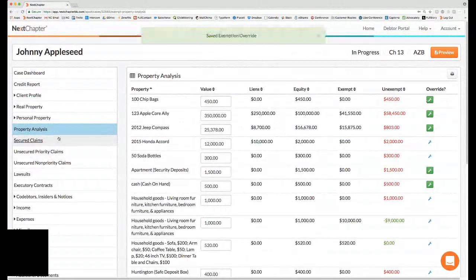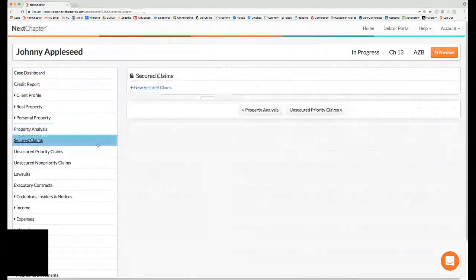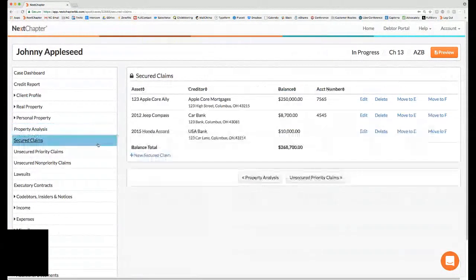Moving back to the claims section, one thing that is commonly used is adding, if you need to list a lawsuit that's connected to a claim. So instead of doing that later on and adding in the creditor and all the asset information again, you can actually edit the claim if this creditor was a part of an action that needs to be listed in the Statement of Financial Affairs. So for example, Apple Core Mortgage here, if I edit,